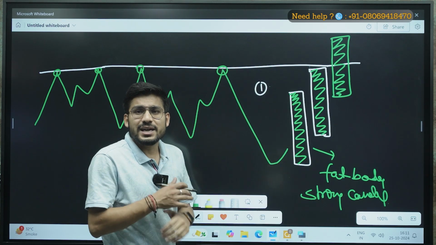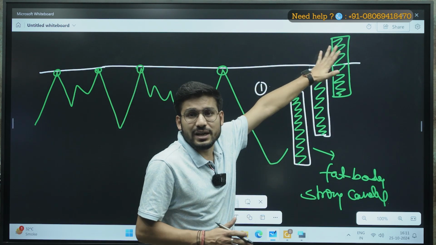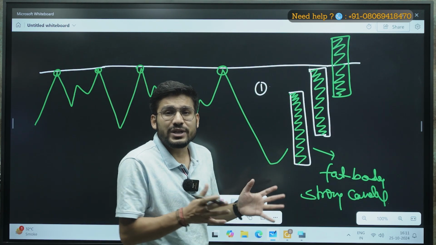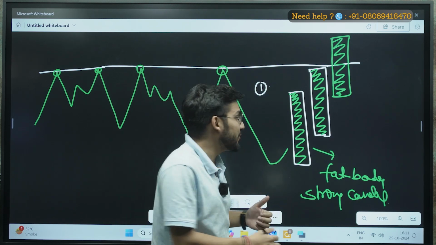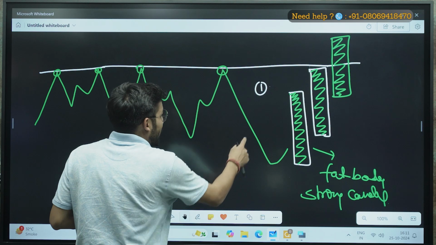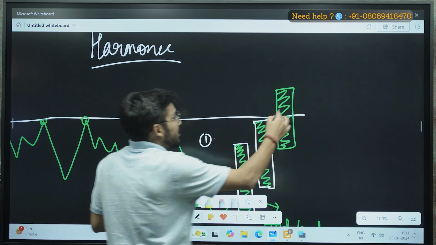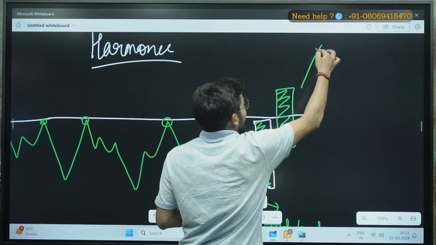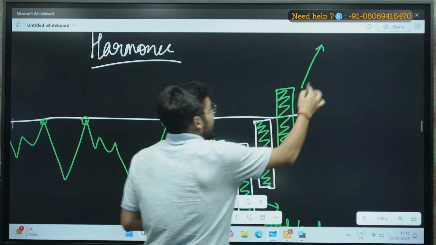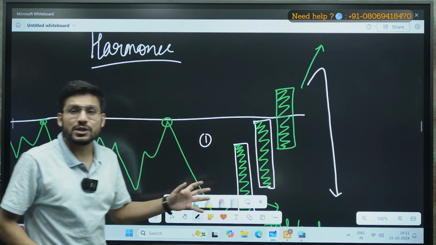Or you can say all the buyers have lost all of their momentum to make this breakout, right? So now they don't have any momentum left. Now that this breakout has happened, they don't have enough momentum left for the market to go up. So instead of going up, this market will actually come down,